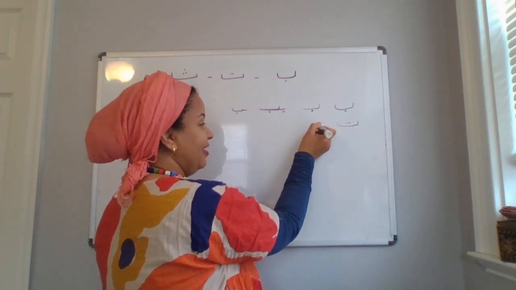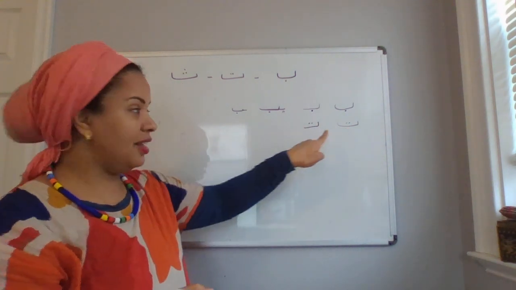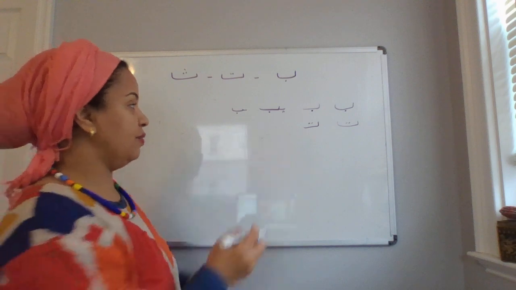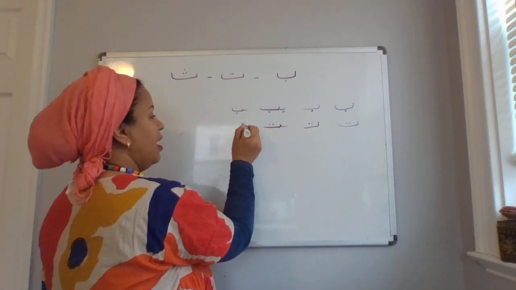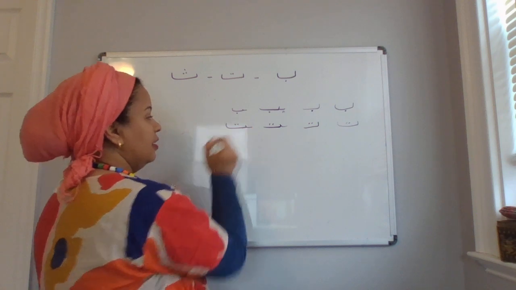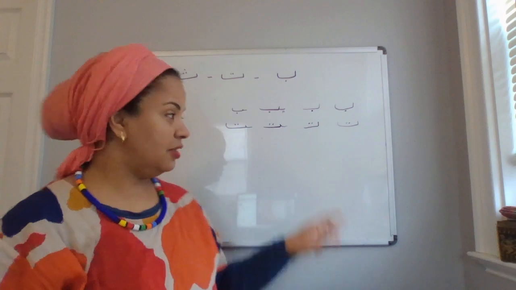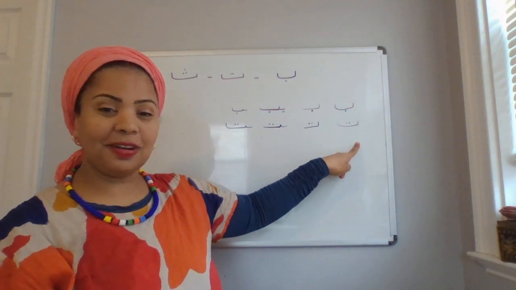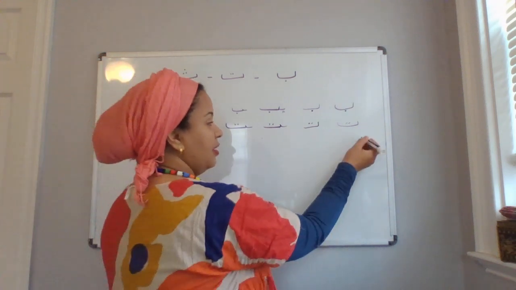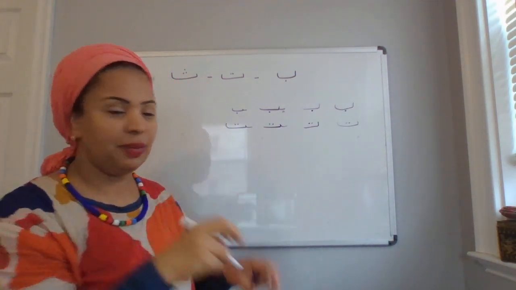Ta, here, at the beginning of the word, this is how we write it individually, and this is how we write it at the beginning of the word, in the middle, and then at the end. Now, ta for tea, like the English tea, and the last letter, they all share the same skeletal shape,